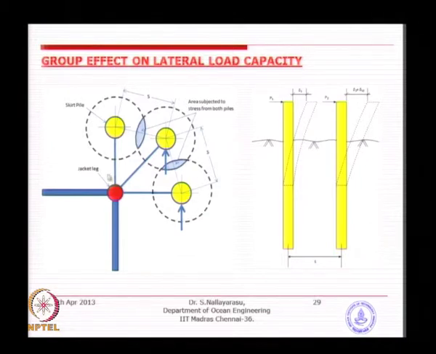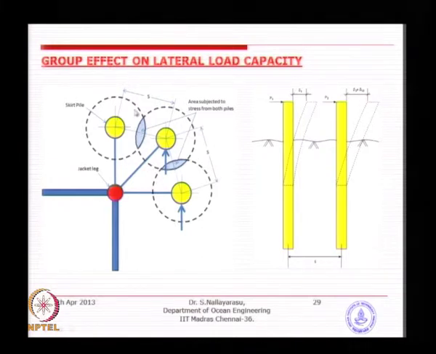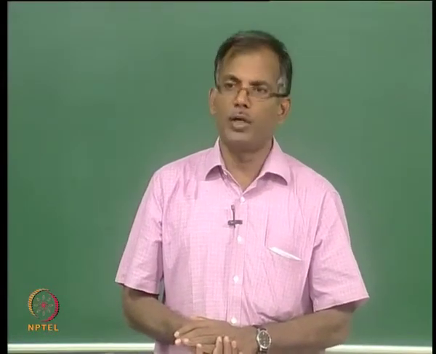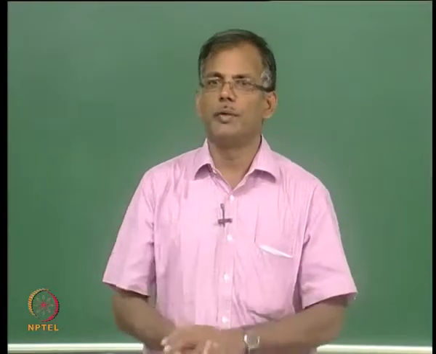So, typically if you look at this picture, three piles are arranged in a corner of a jacket leg, and basically you have an overlap here, and this is the one that we were thinking of taking into account. So, you see here, if the loading is like this, there is some amount of shadowing effect on this pile because of this pile, and of course it will be very little depending on the load. Suppose the load is in this direction, there will be full shadowing. So, now horizontal load is going to be dependent on the direction of loading, and what we need to do, generally in practice, is take the onerous case in which the group effect is going to be higher.